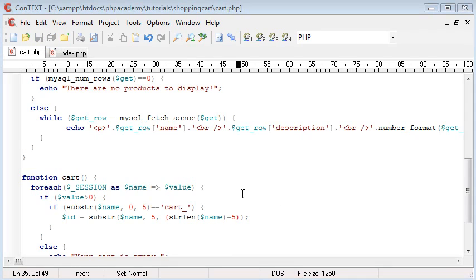Now the reason we're doing this is because we could have cart_1. That's fair enough, we could just set this ID variable to take the last single digit. But let's say you've got an ID of 12. We have to bear in mind that we're minusing 1, 2, 3, 4, 5 off of it, and that's the remaining, so ID would equal 12. Hopefully that makes sense, that we're taking off 5 from the value of the string length of name,